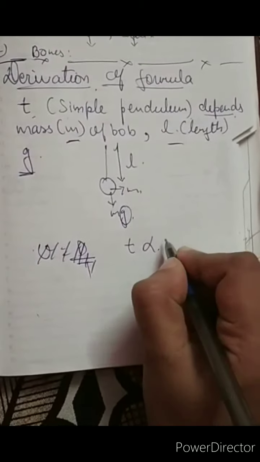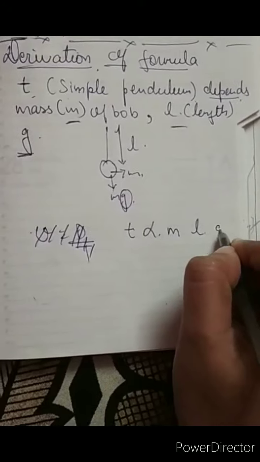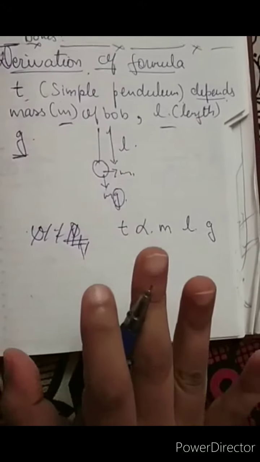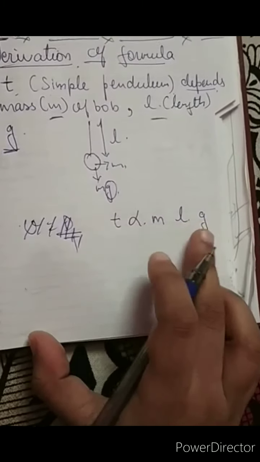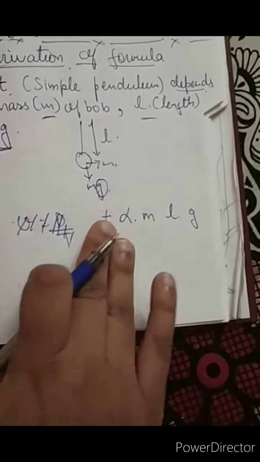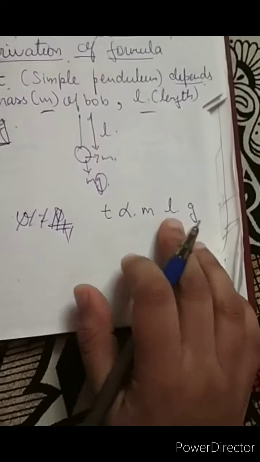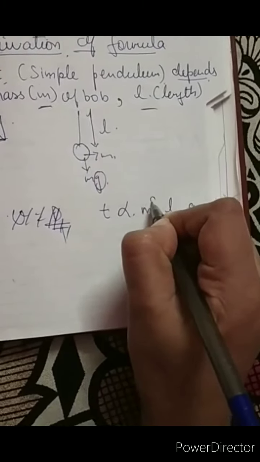It may be directly proportional to M, to L, and to g. And listen students, it might be possible that it is inversely proportional to L or g or M. That will come in the expression at the end. Starting out, you don't know anything, you just know it depends on these. One more thing: it depends on these, but how? I mean, what is the power of M? Maybe M squared, maybe M cubed, I don't know. So I just write A over here.